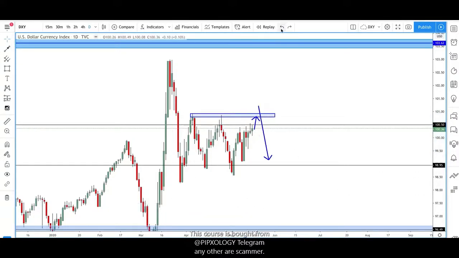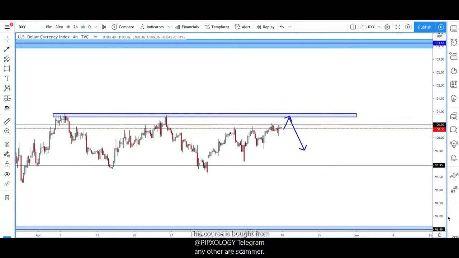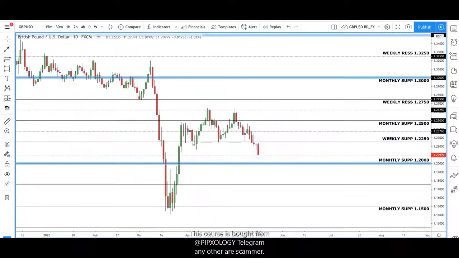So remember, it won't always just go from A to B. In between, when you have your analysis of where you expect price to go, understand that there can be more highs and lows in between. So same with pound. I think we could come back up here, take out these highs. Once we have the US dollar strength and the pound weakness to hit 1.200, then we push up. We could come out and take these highs out. Then we could see a sell-off again.